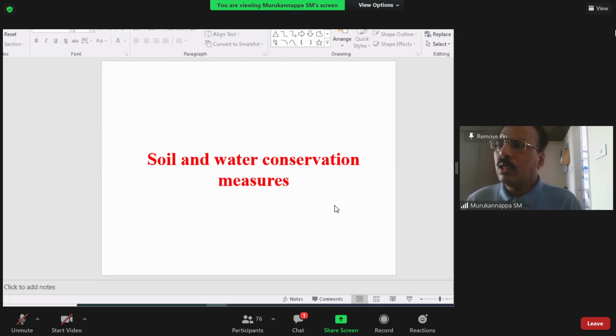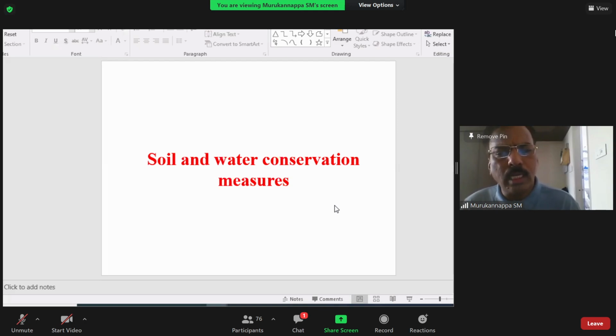Okay, today, what are all the things? We have the kind of land. Assume whatever area you are visiting, your native place, you can take your village, the taluka or the district. The entire district can be taken as a total catchment area, or any one taluka is a catchment area, or your village or your place. You can take that as one catchment area.